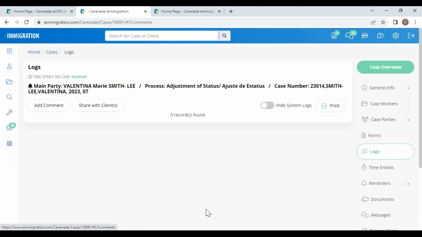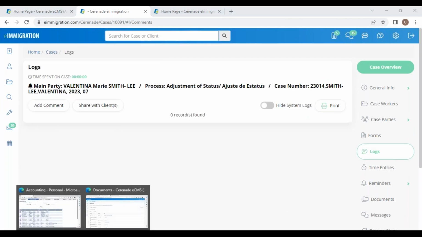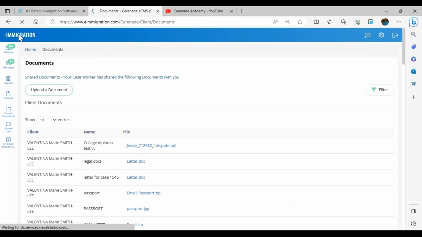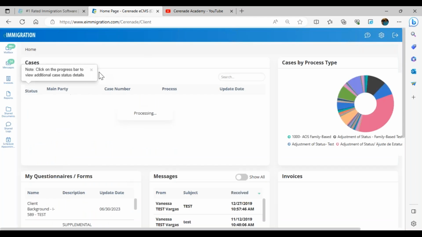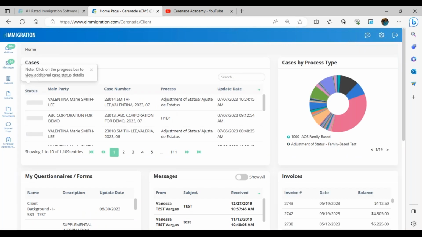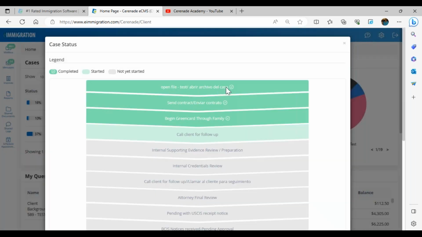I thought we have some sort of log, but yeah, what happens is when your clients log in into their client portal and they see the cases here, the status will show here. So they can click and see what's been done, what's coming soon, or it started, but it hasn't been completed yet, and the rest of the steps that we haven't yet started. So you guys can share this progress with your clients so they see